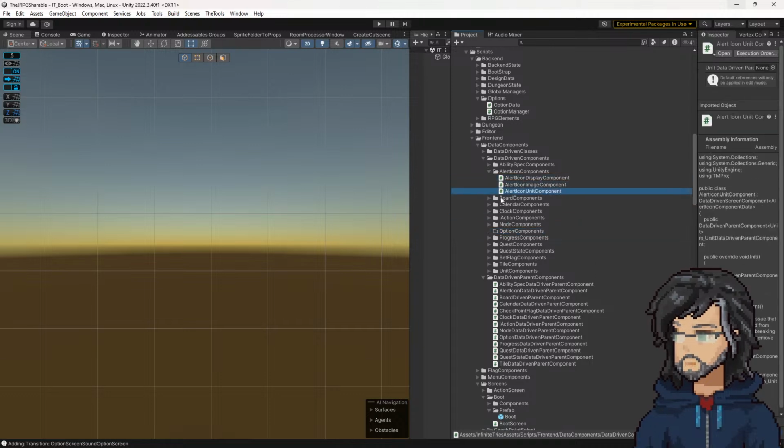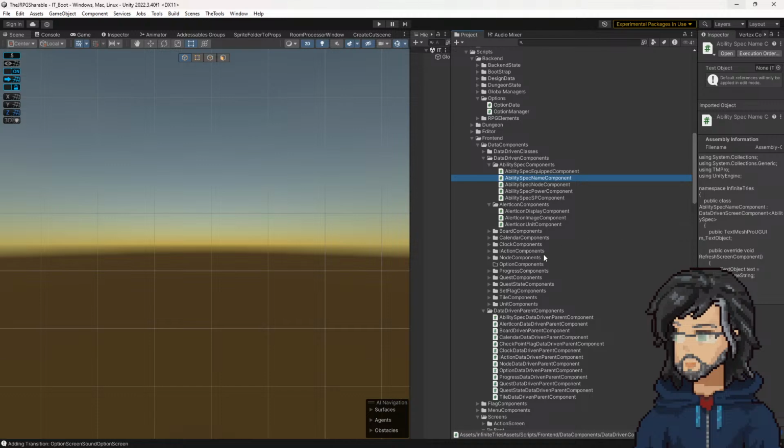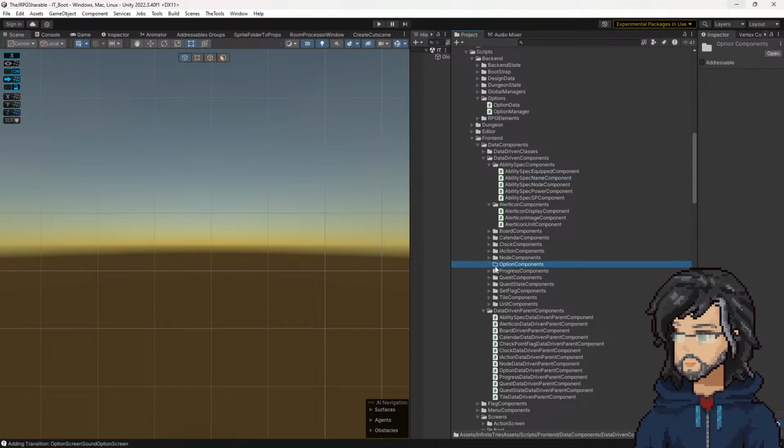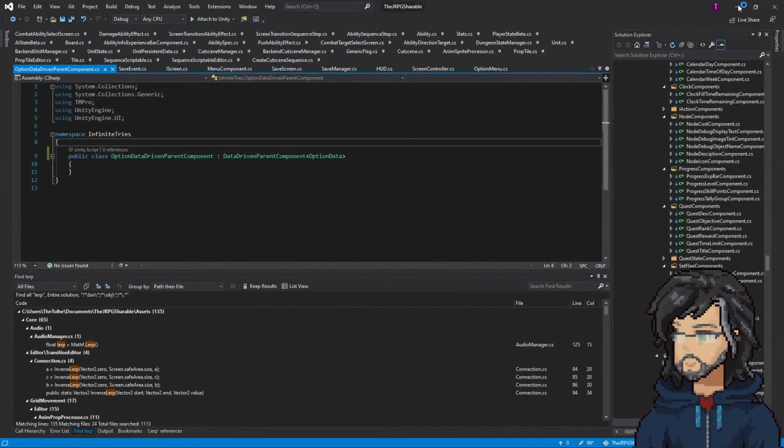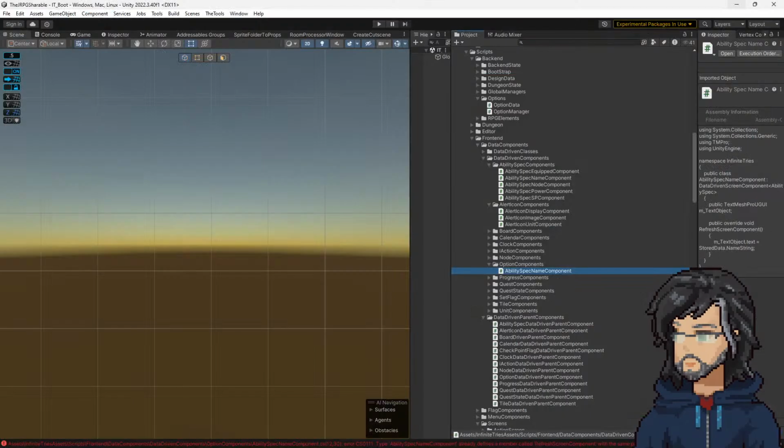All right, option components seems to be the naming convention we have here. We're going to be changing some text. So which one of these is a reference to changing text values? I assume one called name is going to be a good reference for that. Unity and Visual Studio are having another think. Okay, it looks like it's okay now. So we will call this option audio